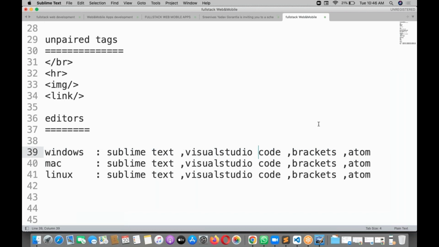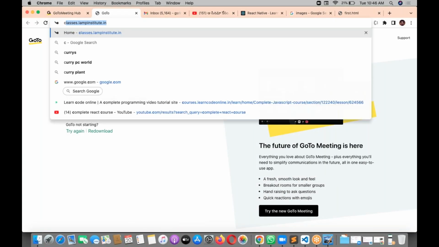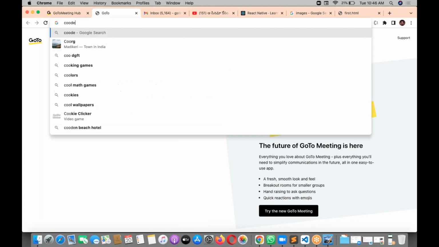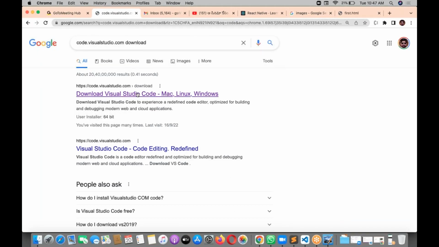So install Visual Studio Code. My preference is Visual Studio Code. Our complete course is going to work with Visual Studio Code. Please install Visual Studio Code first of all. I will show how to install it: code.visualstudio.com. Just go to the website.